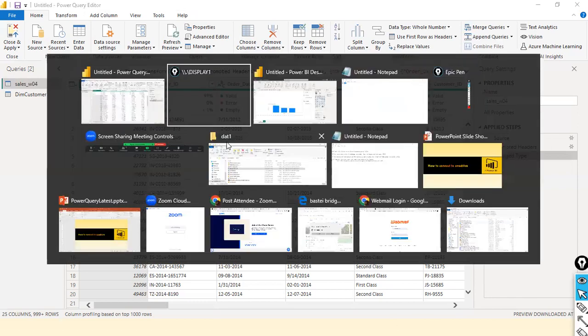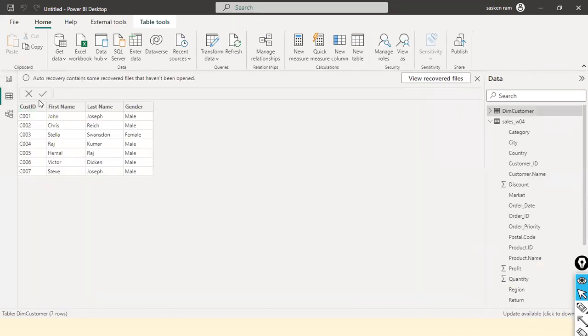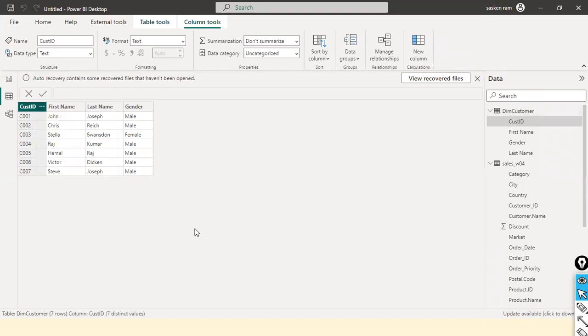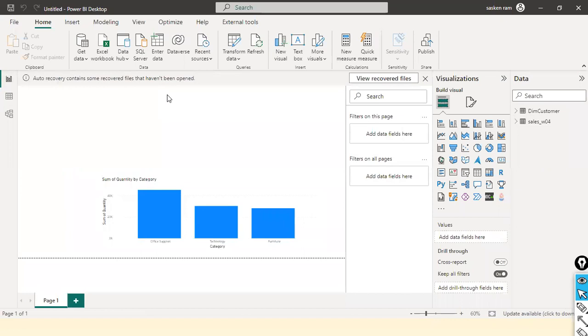Whereas if you delete a column here in the data view, that is possible. You can right click on it and then delete the column. Once you delete, you cannot get it back. Undo is not possible here, whereas in Power Query, undo is possible. And apart from that, there are various features available in Power Query using which you can do full-fledged data transformation, data cleaning, everything. So with these two examples, you have understood how to load a comma separated value file and how to load the Excel file. Fine. So this is my customer dimension. Yes, we did this. Next one is